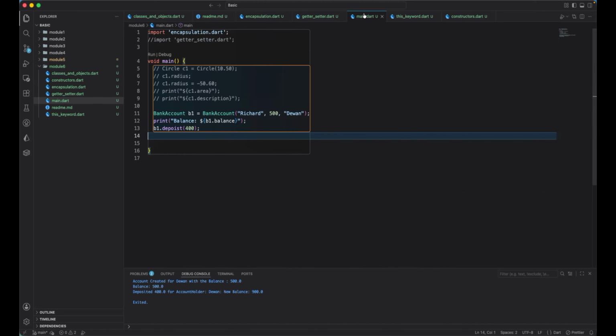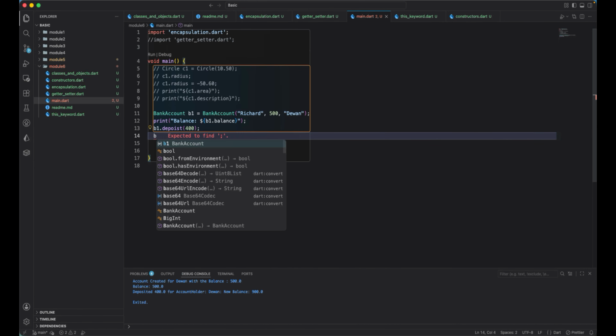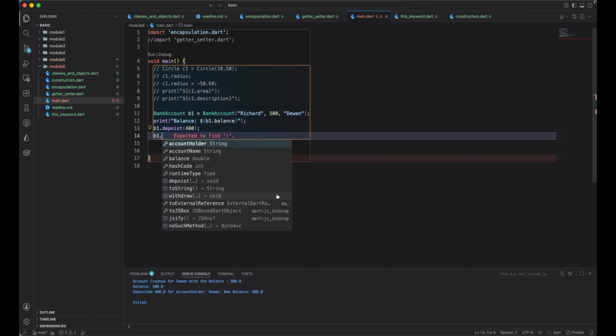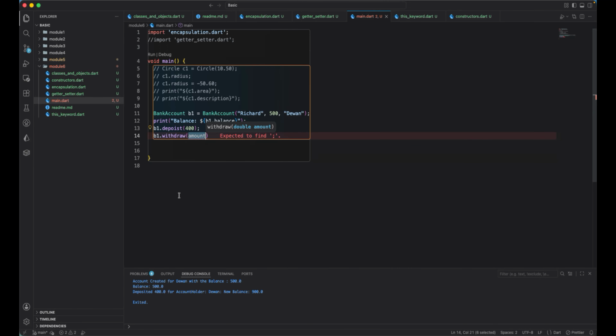And now if I go to the main and say I want to go and use the B1 to withdraw money, let's try to withdraw it, and I want 4,000 to be withdrawn over here, and let's try to set that. So the message is: current balance is lower than amount to withdraw. And if I set a negative value over here,